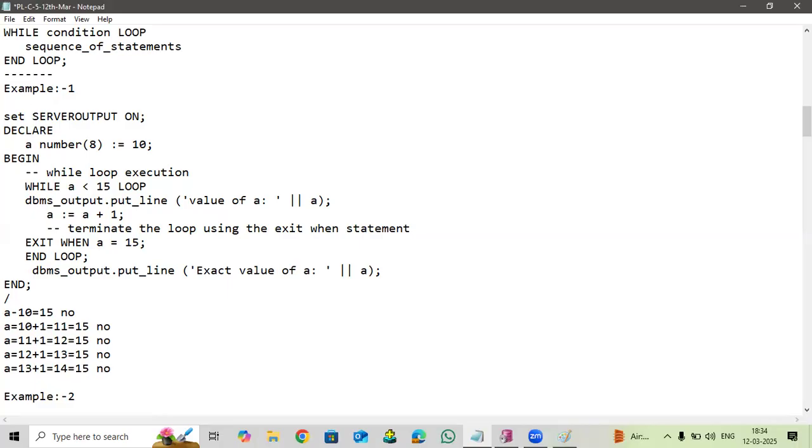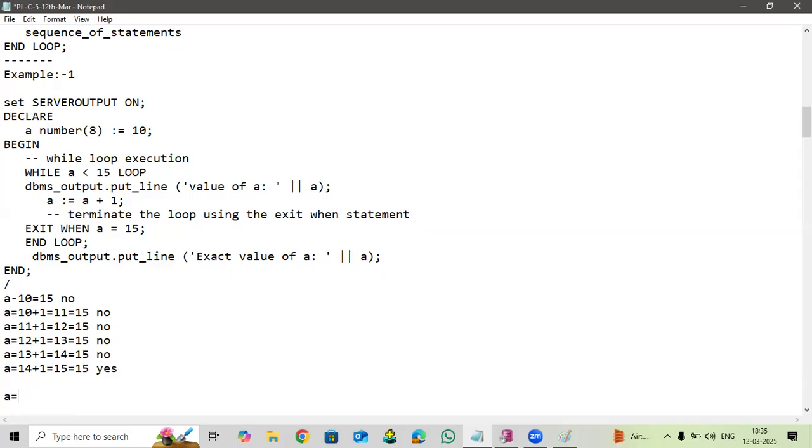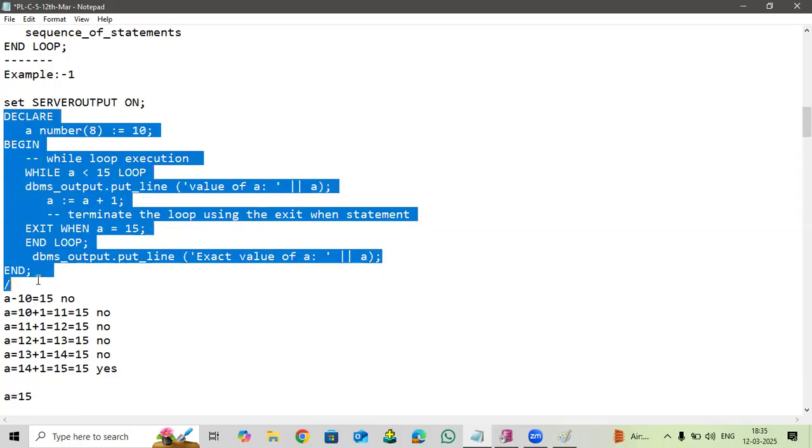So 14 is not equal to 15. Again, next iteration: the value of A is 14 plus 1, which becomes 15. Yes, the value of A is 15 now, and it is equal to 15. So the condition is satisfied, then it will exit. And after exit, the value of A is 15. So similarly,